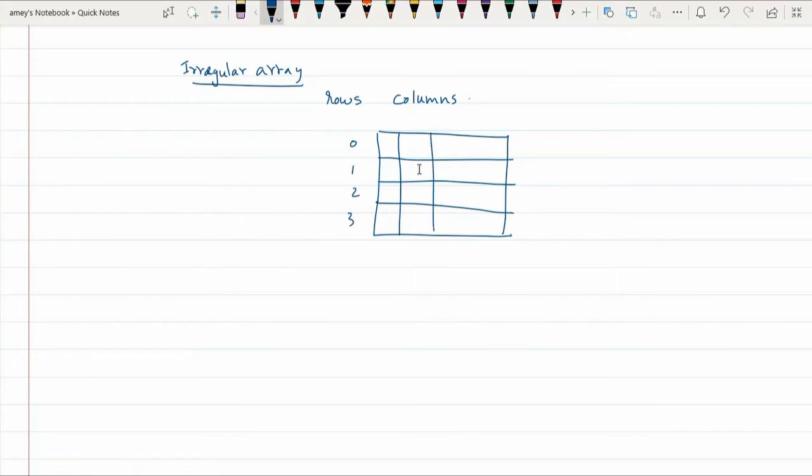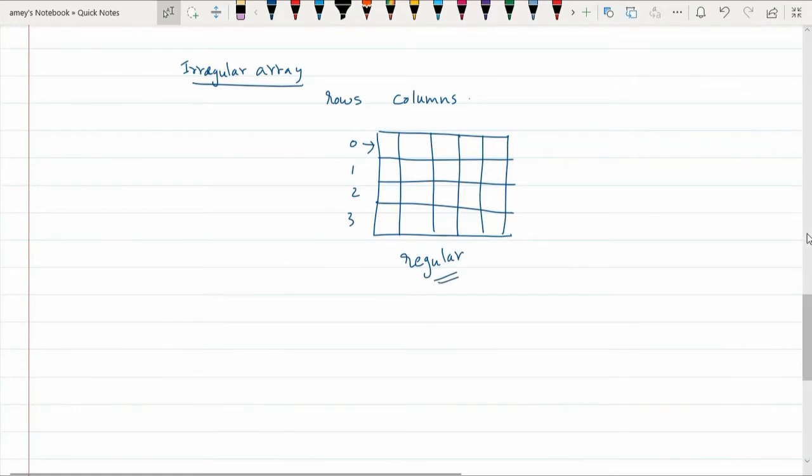But the number of elements in each of these rows will remain the same. So in this row, you will have 5 elements. In this row also you will have 5 elements. In this row also, 5 elements. In this also, 5 elements. This is an example of a regular array. Regular 2D array where every row will have exactly the same number of columns.